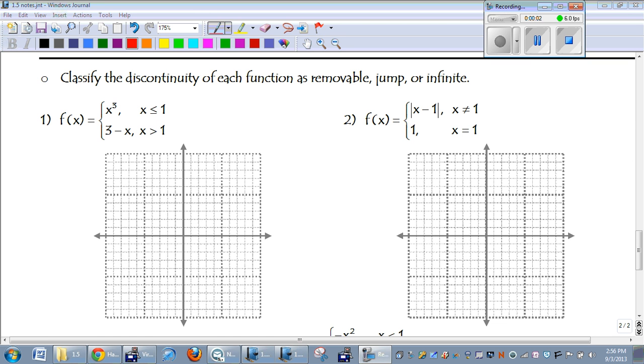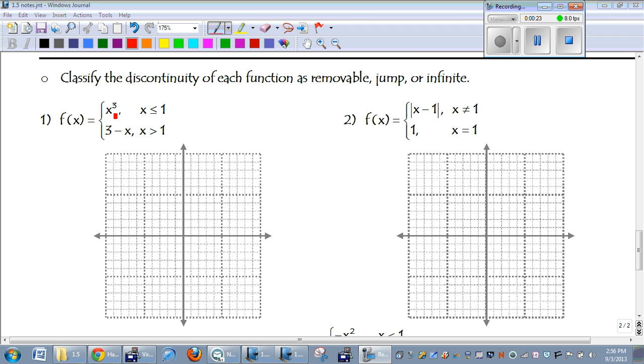For the following problems, we want to classify the discontinuity of each function as removable, jump, or infinite. So we're given a piecewise function in each one of these problems, and we need to graph it, and we can figure out if we have a removable, jump, or infinite discontinuity. So for number one,